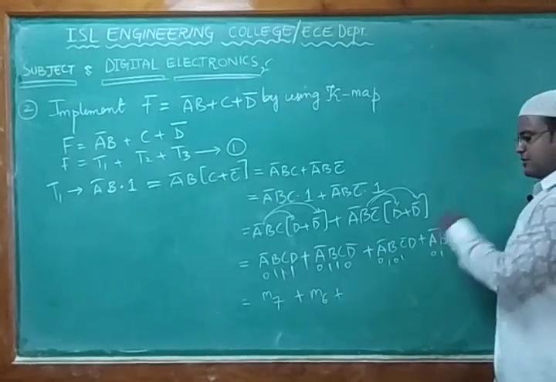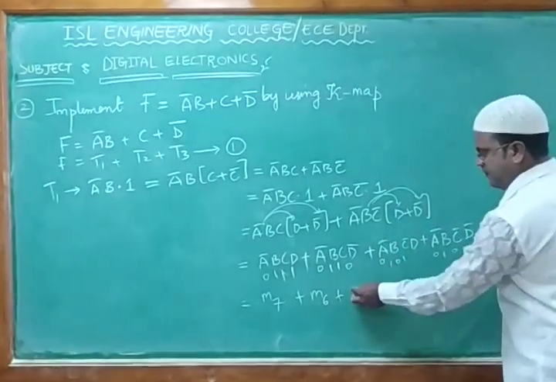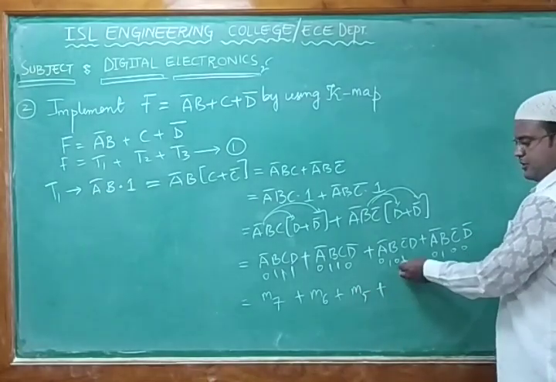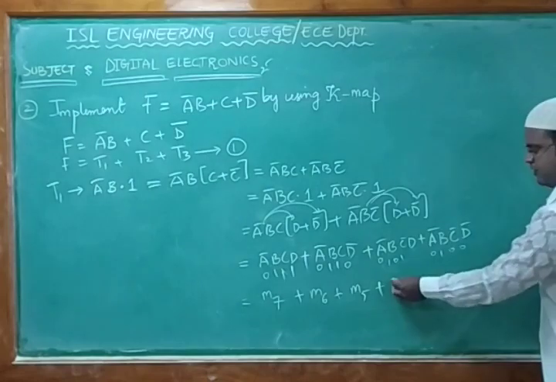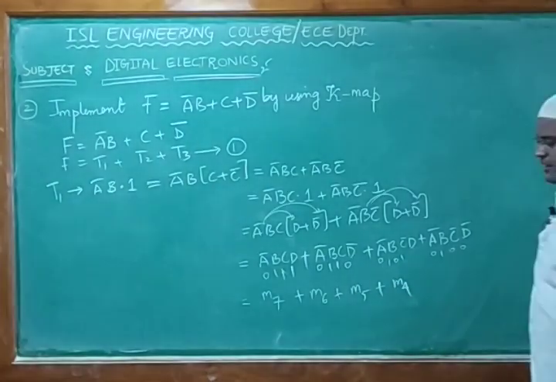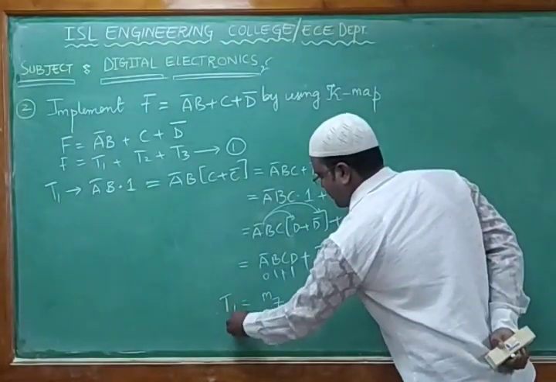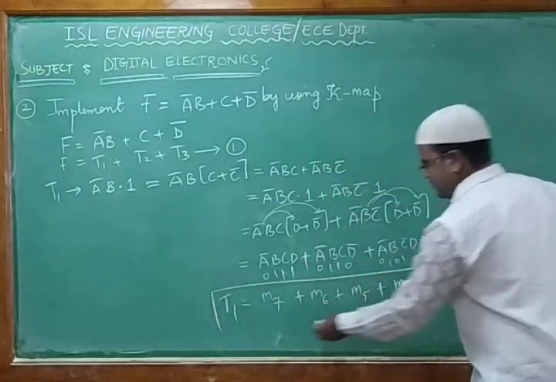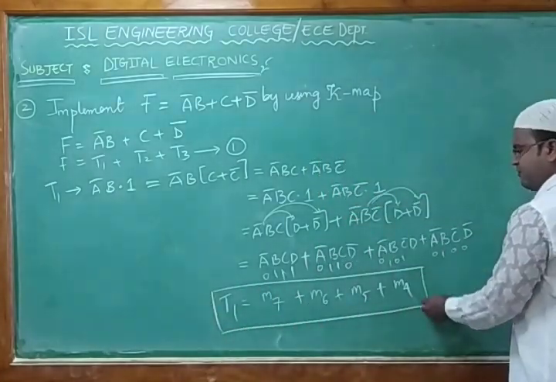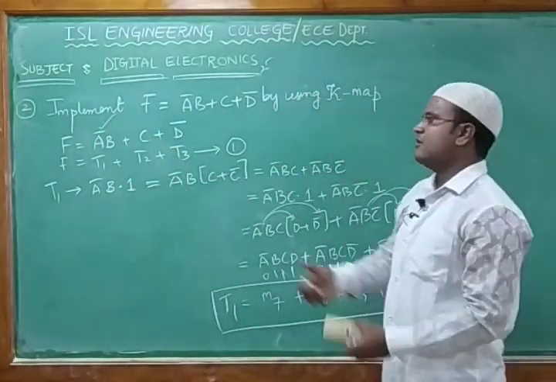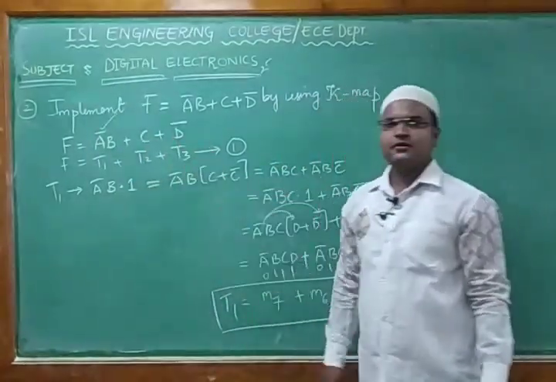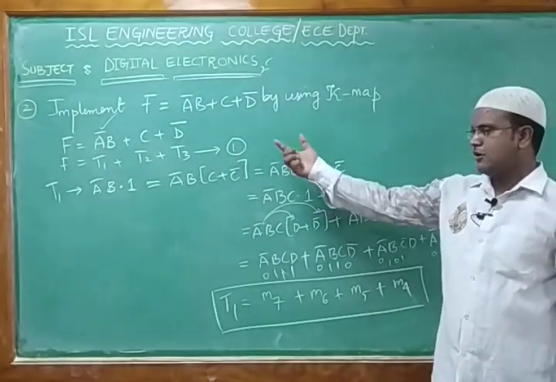So students, we got 0 1 0 1. This I can write as minterm M5, because 2 power 0 is 1, and this is your 4; 1 plus 4 I can write as M5. Similarly, this is your 4, minterm M4. So we got this from term 1. We got this whole function. That means all these minterms we got from the first term by taking this A complement B. Likewise, we'll take C and we'll get with D bar. So we'll try to solve that C and D bar.